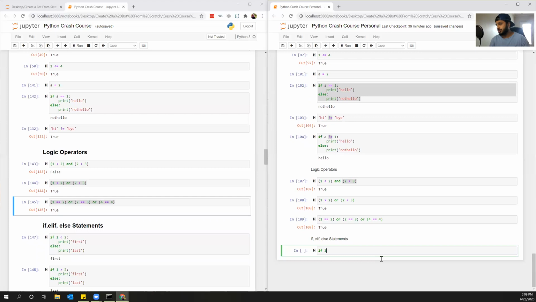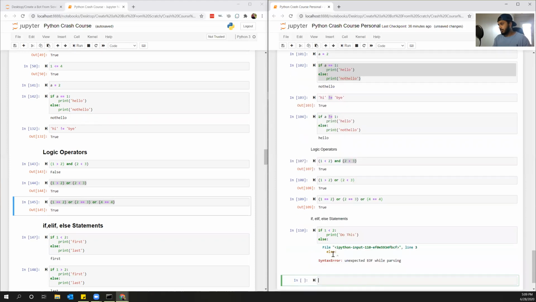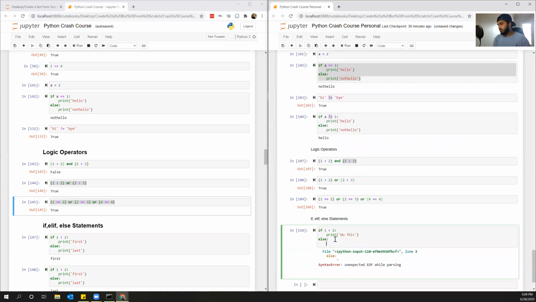This is condition 1. If this condition is true, do this. And remember, you do have to indent, and the way I'm indenting is by using tab. So I'm just going to say print "do this". Otherwise, else, print